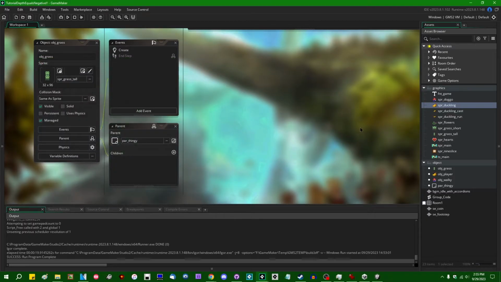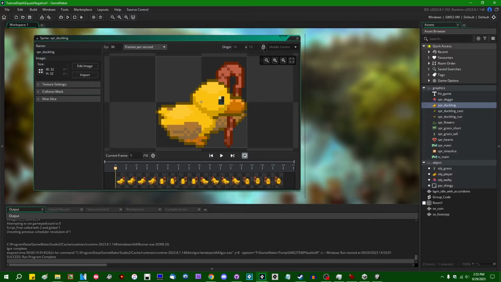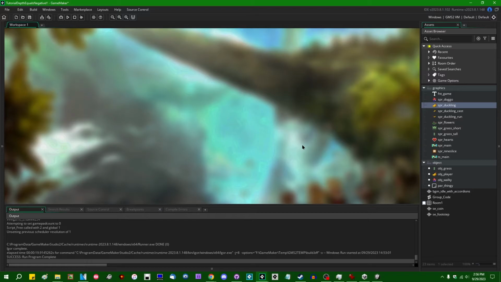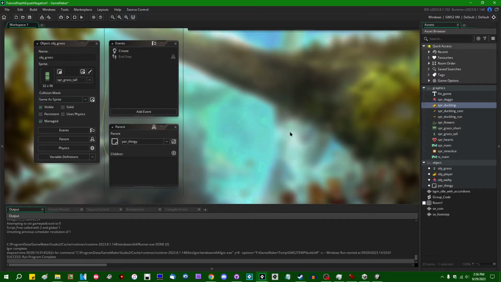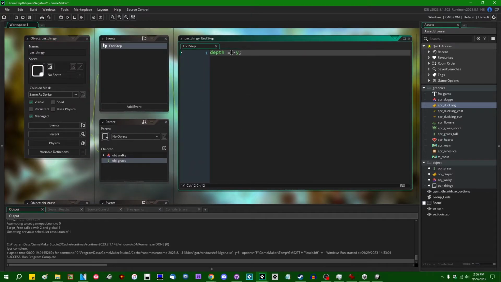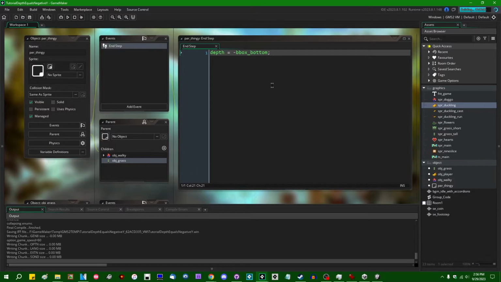And to accomplish that, you can either set the sprite origin of each and every one of your sprites in your game to the bottom center or the bottom left or the bottom right or something like that. But that can be a little tedious, and that can possibly mess up some other things in your game if your game is reliant on your sprite origins being in certain places. So instead what you can do is you can edit the line depth equals -y to depth equals -bbox_bottom. And now, when I run this example,